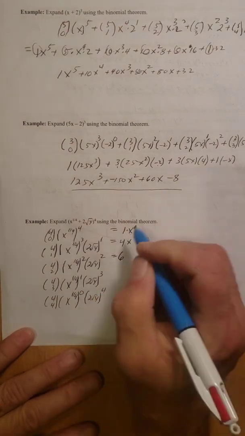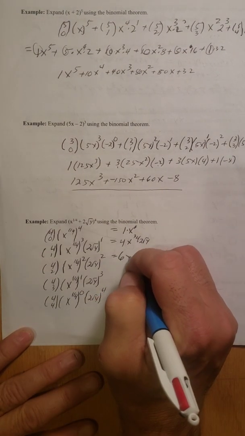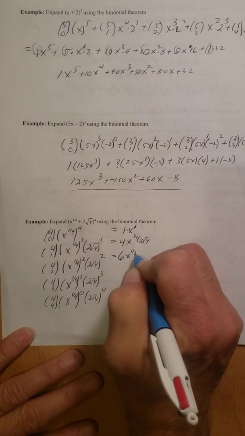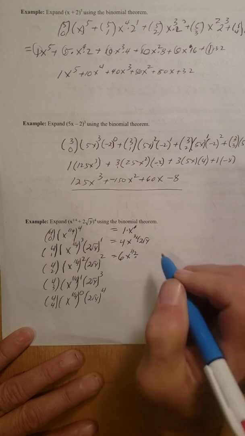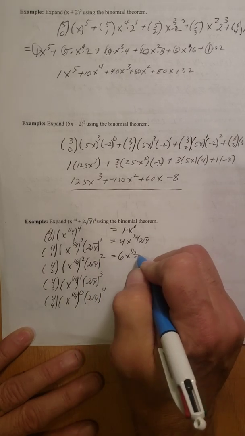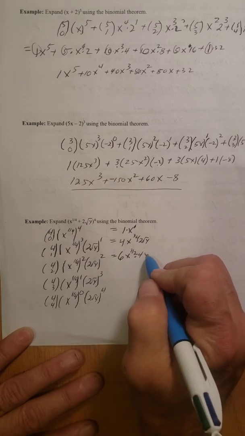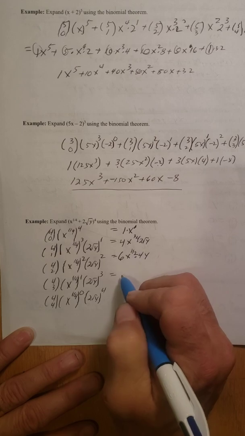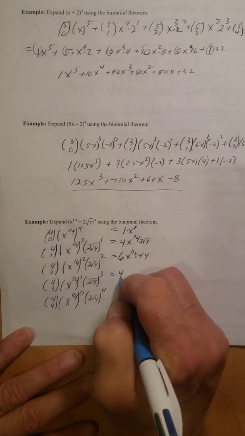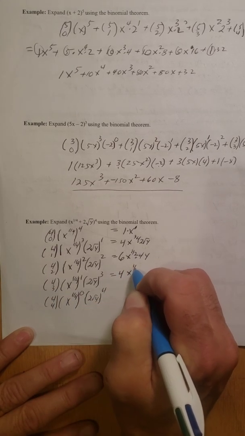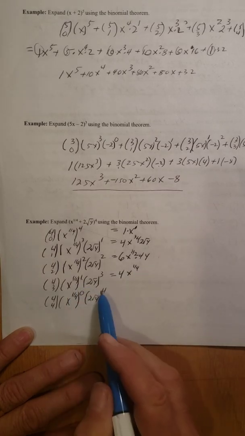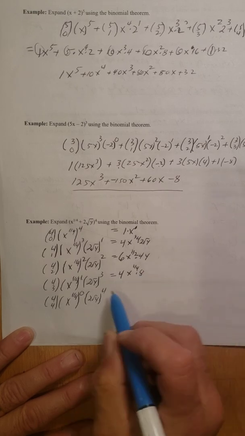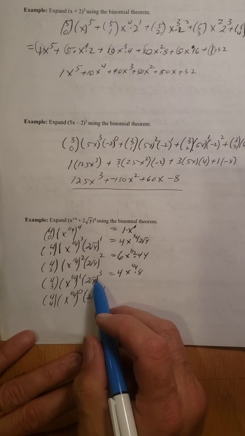So I get 6. Let's see. x to the 1/4 raised to the second is 2/4. So that's 1/2. Times 2 squared is 4. The square root of y squared is y. This is symmetric. I only have 2 terms left, so 4 choose 3 must be 4. x to the 1/4 to the first, times 2 cubed is 8. The square root of y cubed